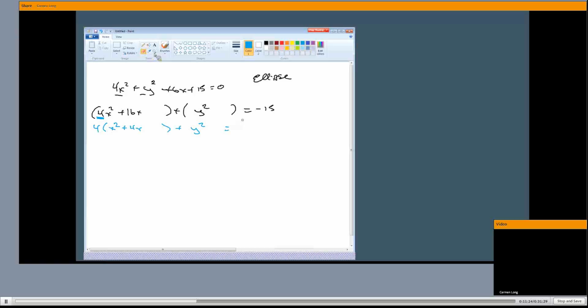But be careful when there's a number out here, the one you're adding in there is actually multiplied by it. So you add over here 4 times 4. So this is 16, and negative 15 plus 16 just gets